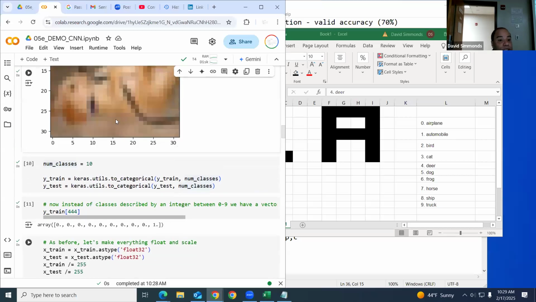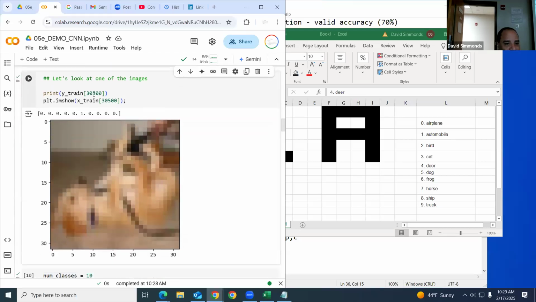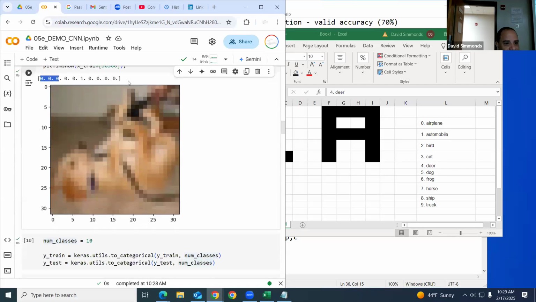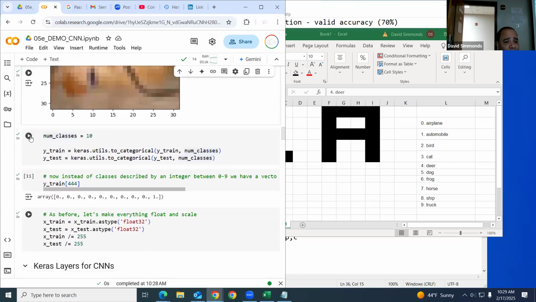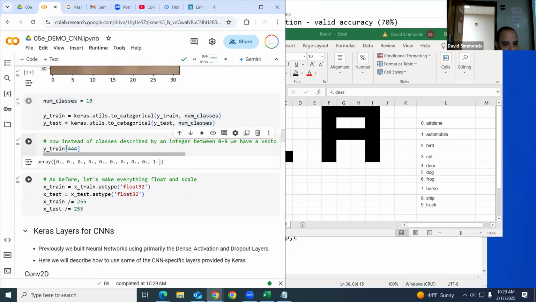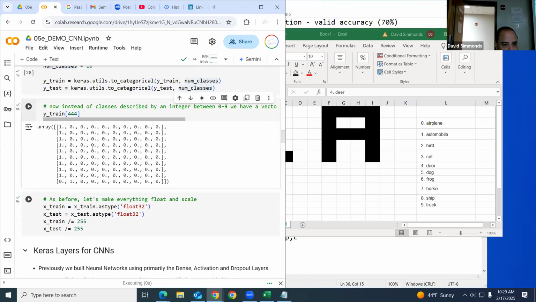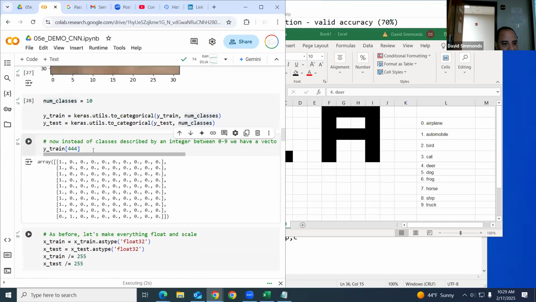Okay, so this is what Y train looks like, right? It's a 10-digit vector. What we're going to do is make them categorical, right? This is what it looks like now. Y train 444 is now,